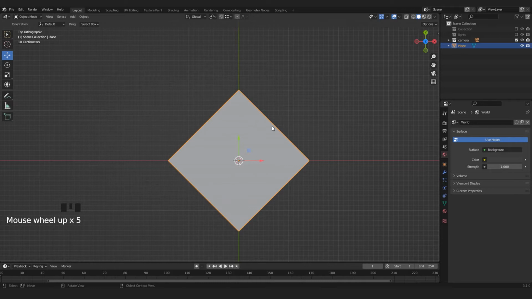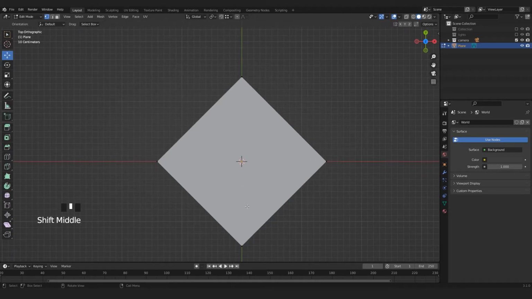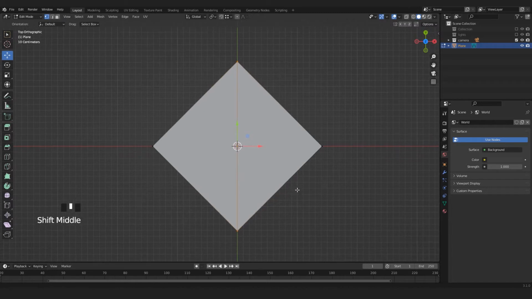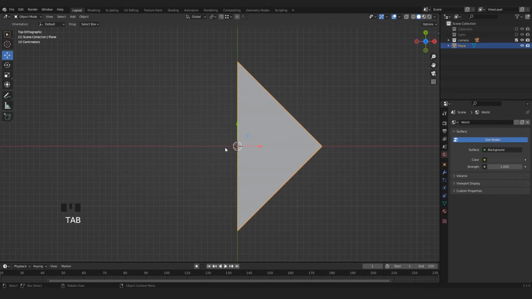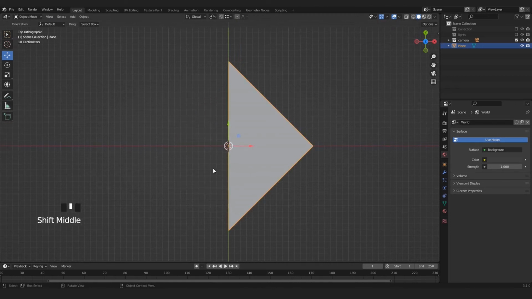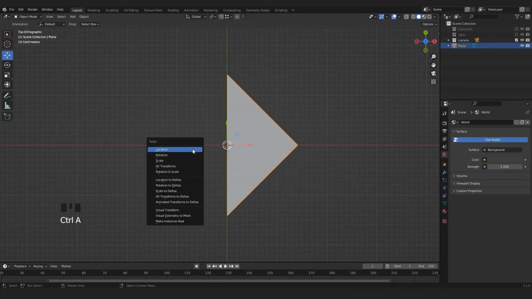And now, if you go into edit mode by pressing Tab, I'm gonna connect this vertex with this one, with the knife. So I press K and I connect the two vertices. And now I can delete the left face. Okay, now we are left with this part of the plane, and I prefer to press Ctrl A and apply